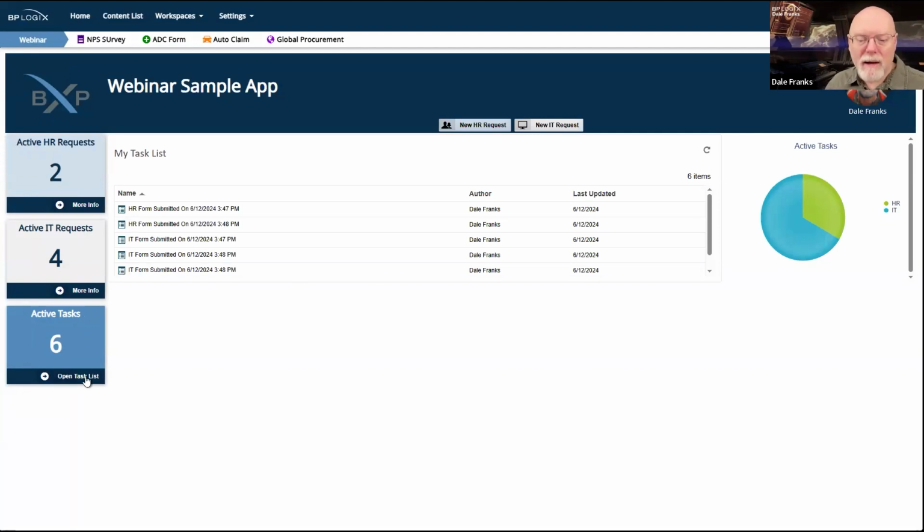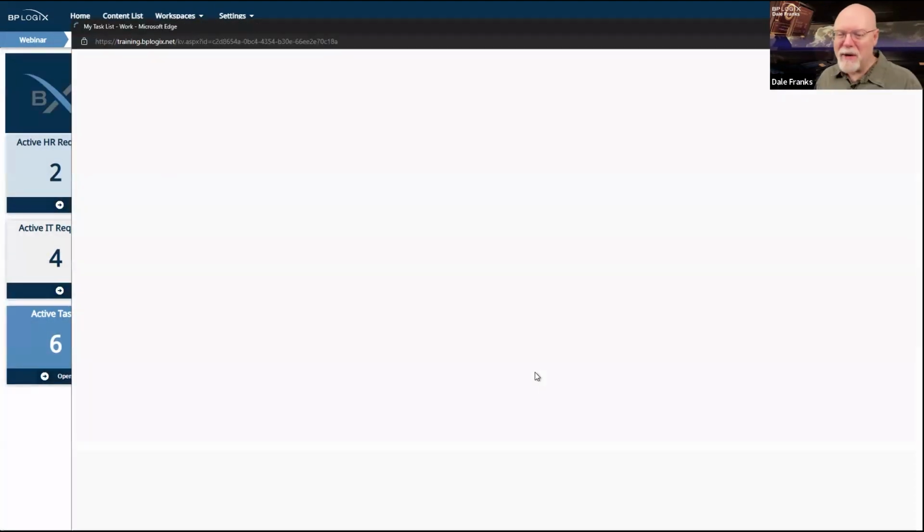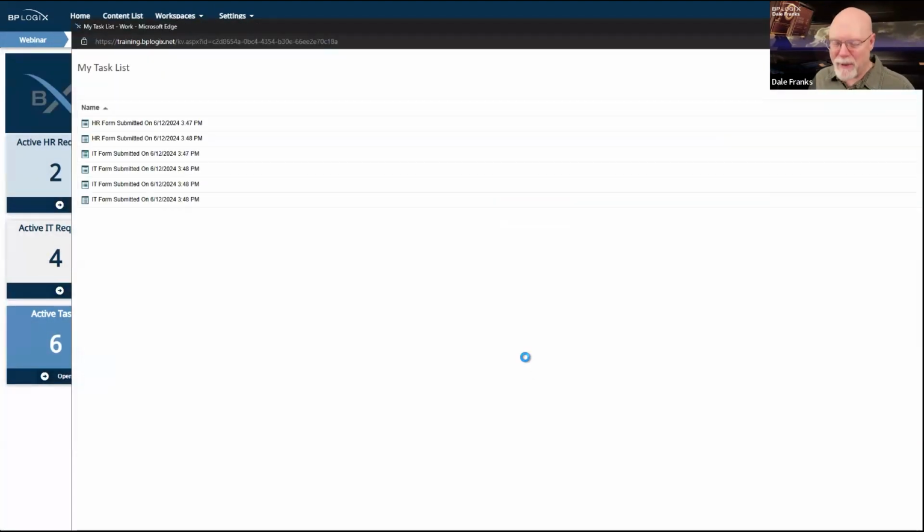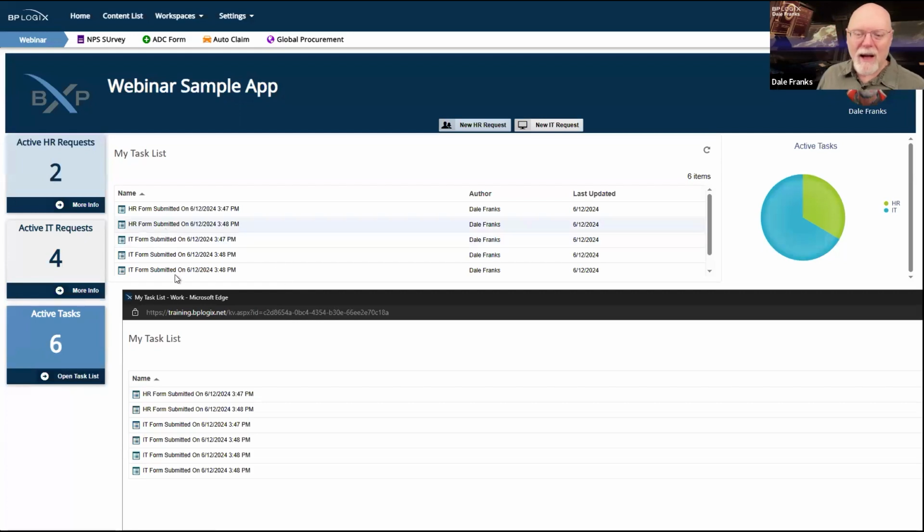And I've got my task list here, so I don't really need a button here to open the task list, but I have a button there because reasons, and I'll explain to you later, where it opens up my task list. But largely, this is the same task list that's showing up here. It's just a little bigger.